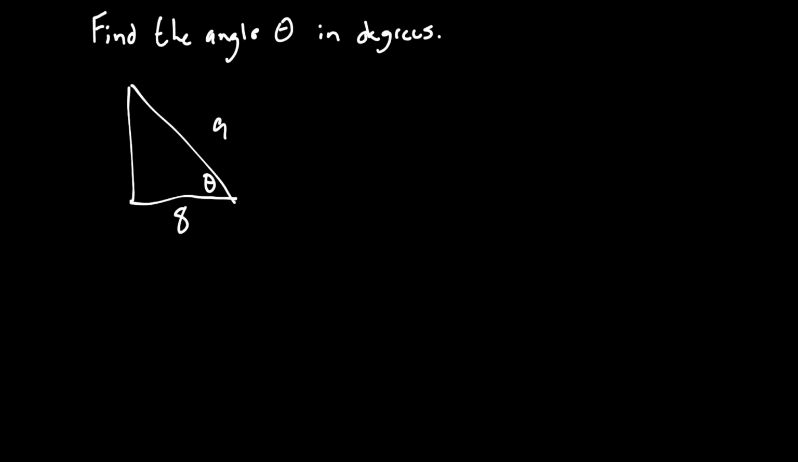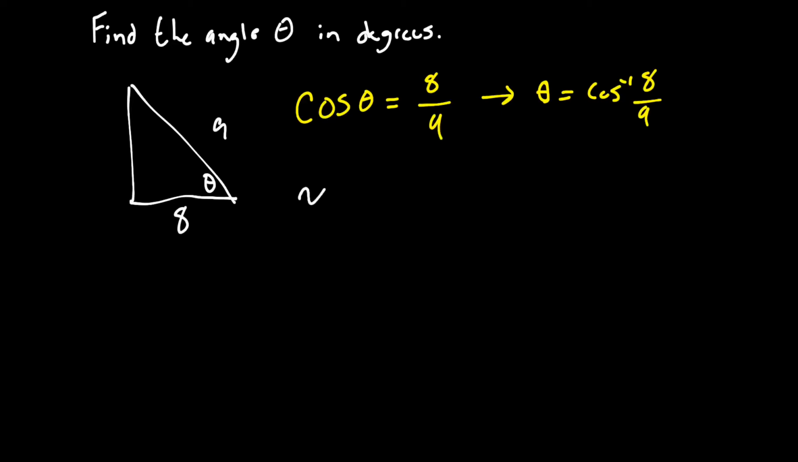In this example, we want to find the angle theta in degrees given the right triangle. We notice that there's a relationship between the sides and the angles given by cosine of theta is equal to 8 divided by 9. We can rewrite this using arc cosine as theta is equal to cosine inverse of 8 divided by 9. Now plugging cosine inverse of 8 divided by 9 into a calculator, we'll get that this is approximately equal to